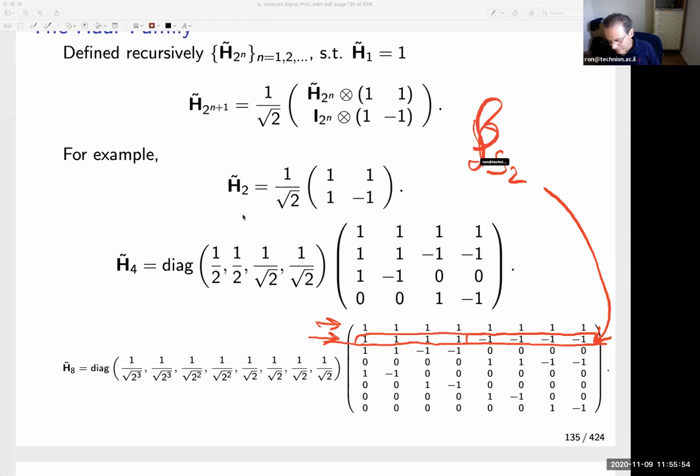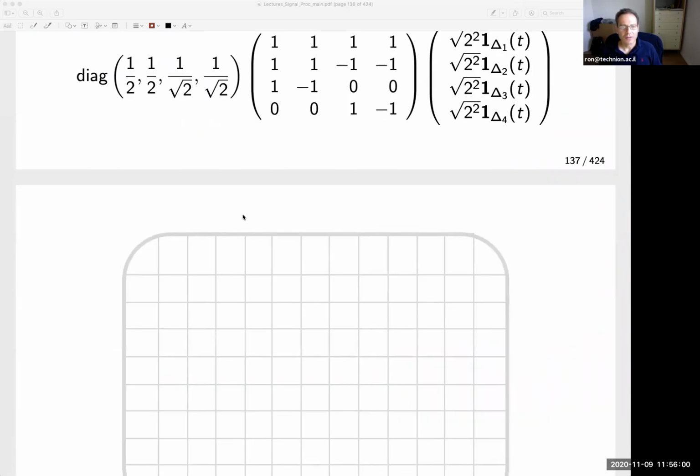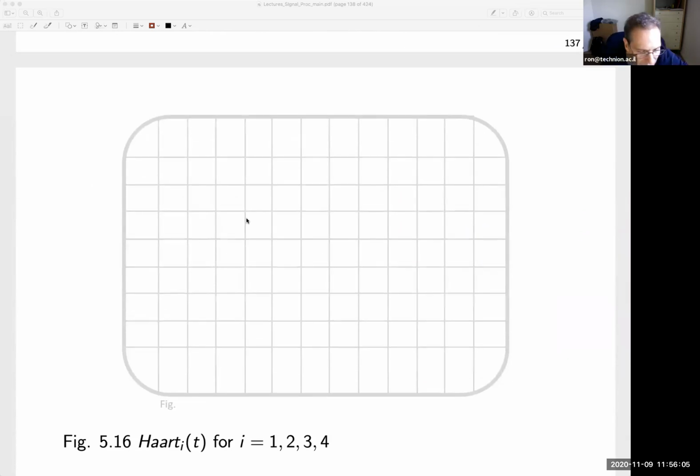Okay. So what I'm saying, let's do it in a more orderly fashion. What I'm saying goes as follows, is that for the Haar, what we would be getting